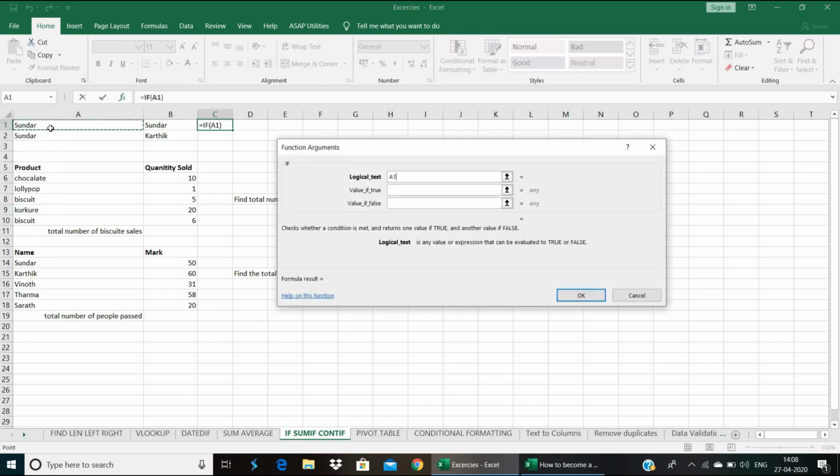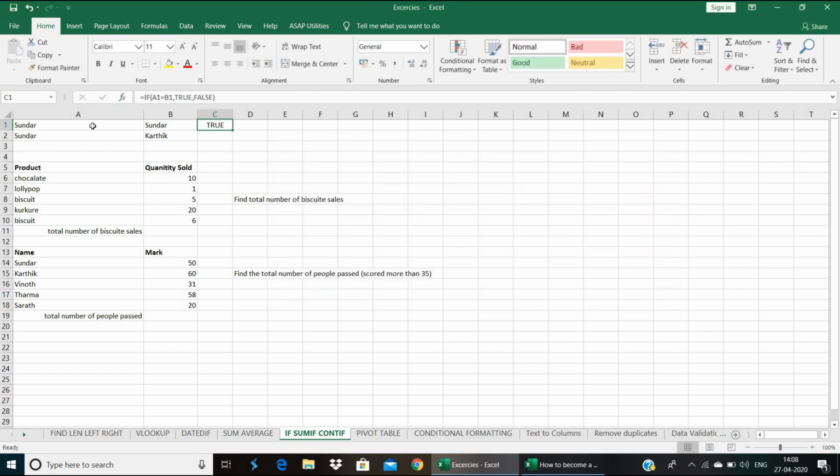The condition is A1 equal to B1. If true, print true. If false, print false. Click OK. Sundar, Sundar, same. True is the answer. Sundar, Karthik, false is the answer. Now let's see how we should use